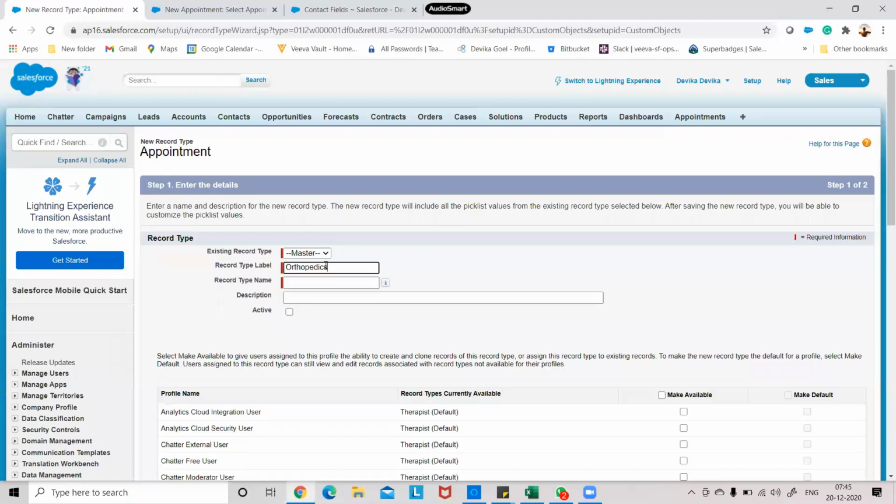No further bifurcation is required because the appointments are already bifurcated at the initial time. I can simply run a report and get my data out, so you won't face the problem of how to find the data by creating a report, because we already sorted out the way in the beginning. Now, if we scroll down,